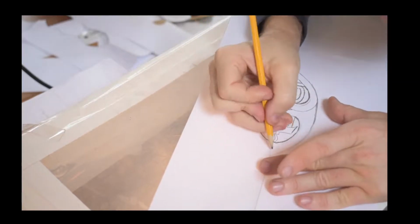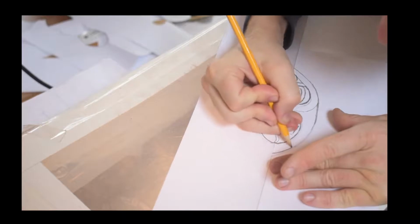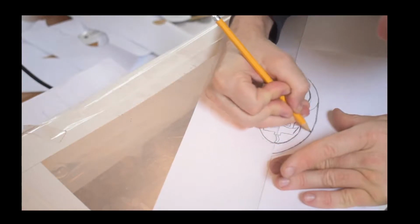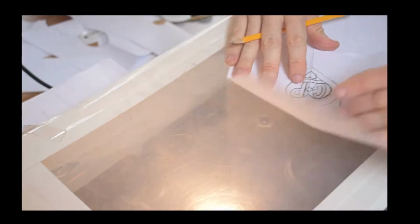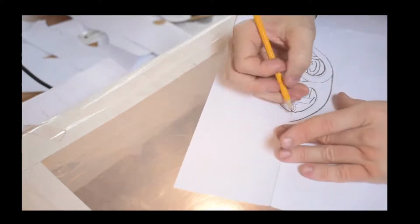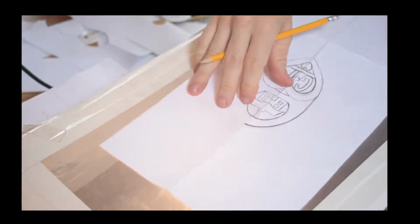So hopefully you're getting an idea of exactly how much goes into this process. We're quite happy for people to send designs to us. Absolutely. So this seemingly simple process of designing,